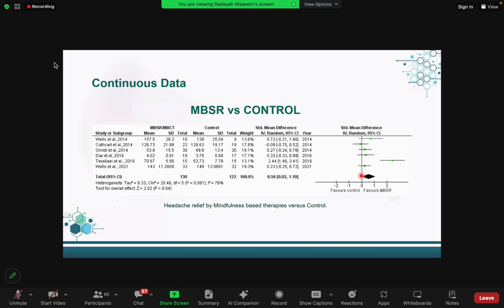Now we will proceed towards how we interpret this final diamond over here. First thing, look at the diamond. Just by looking at the diamond, can you tell me the two things we look at? The first thing is the association. The second thing is whether the result is significant or not significant. So again, what are the two things we need to interpret when looking at a diamond? Significance and association. Yes, significance and association.